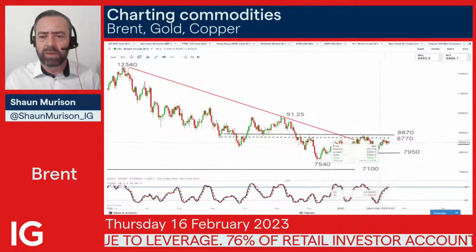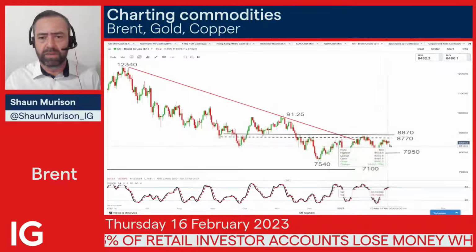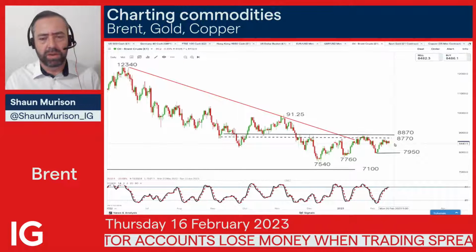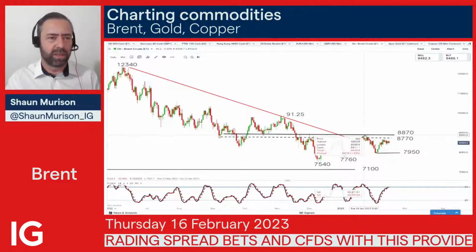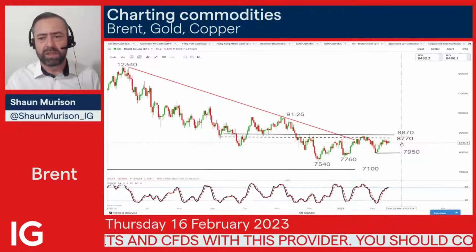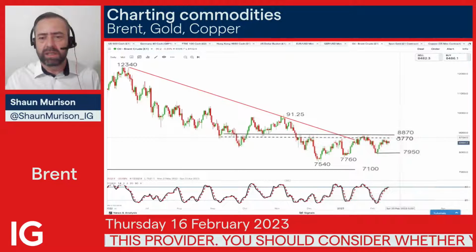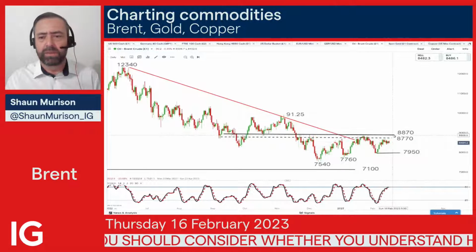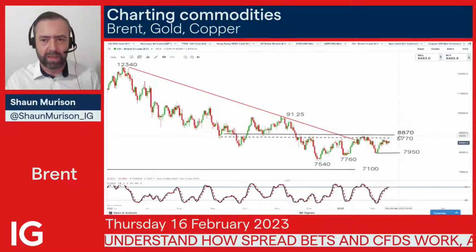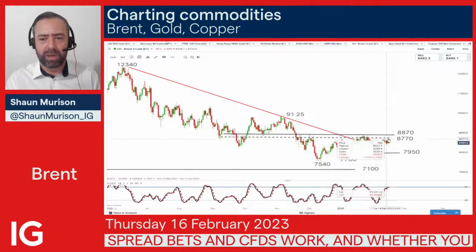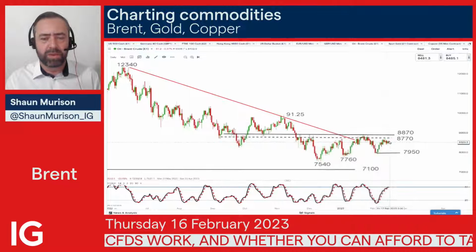Now, where we are, we're sitting a bit in no man's land right now. I think for us to start reconsidering longs on Brent crude, we want to see us take out this major high, and that's about 88.70, somewhere between 87.70 and 88.70. Ideally, when starting to get long, for me, looking for a break above that resistance and a strong move up, and then looking for the first pullback. Until such time, any types of bearishness or weakness before these resistance levels